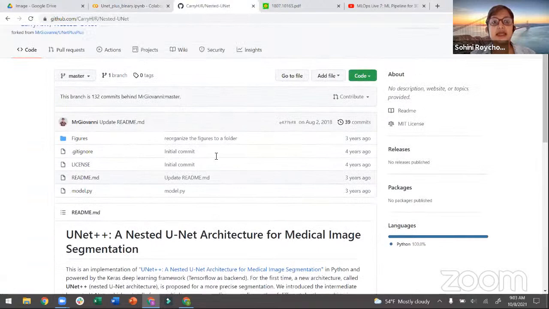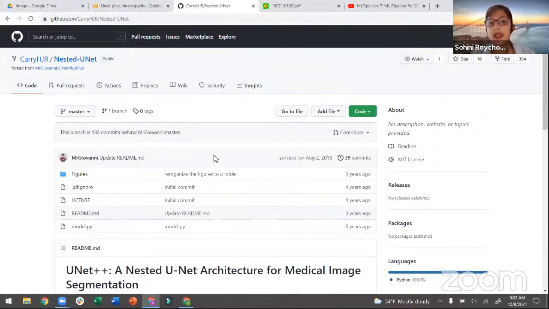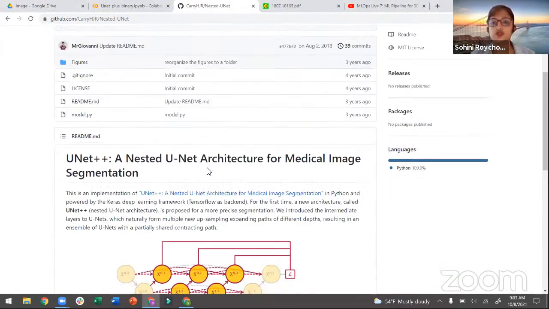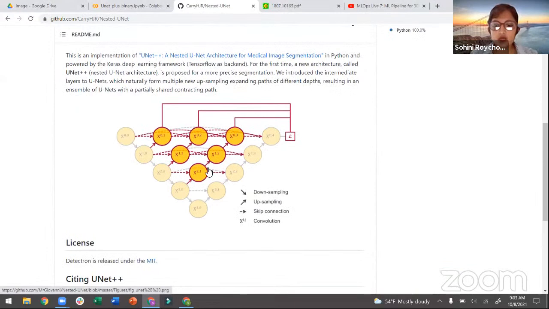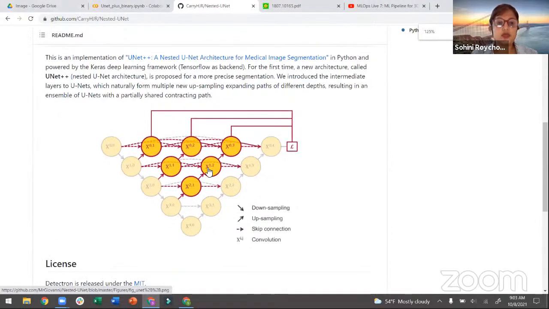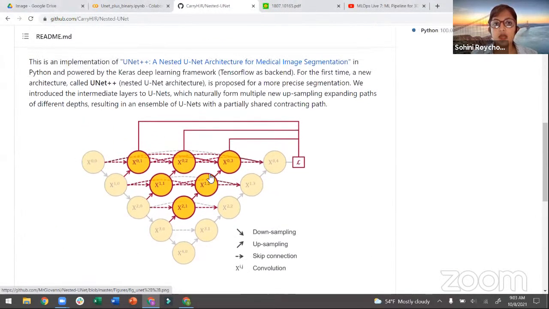So this is the GitHub. I will be linking the paper and the main model in the description box below so that you can try it out yourself as well. I wanted to first talk about the Unet Plus model so that we are all on the same page while we do our coding. So with a Unet Plus, ideally what would have happened is, if you were talking about just a Unet layer,